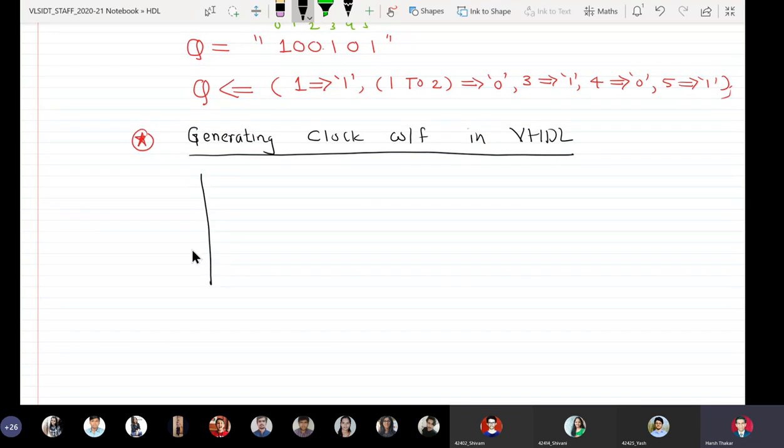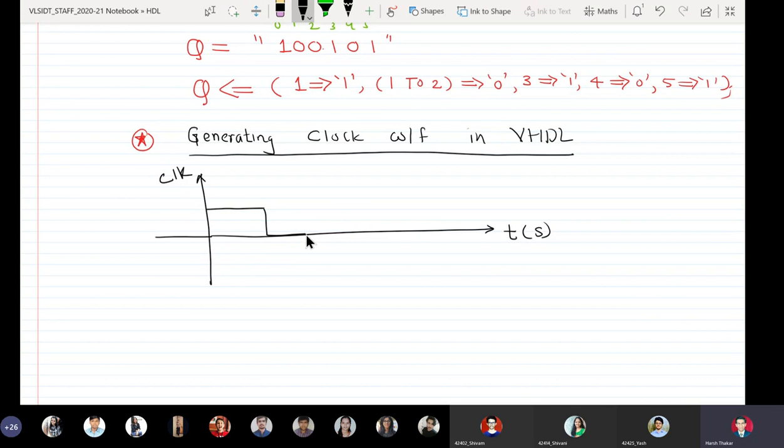So let us assume a clock. Let my clock signal have the name CLK, and this is time in seconds. Now suppose my clock goes like this, it's a periodic waveform. So my clock has a time period T. Naturally, this is logic 1 and this is logic 0. So how am I supposed to do this now? It is very clear, right? So if this is T,